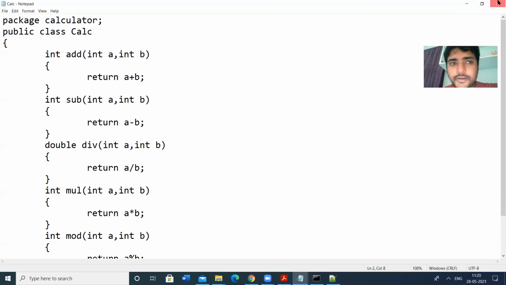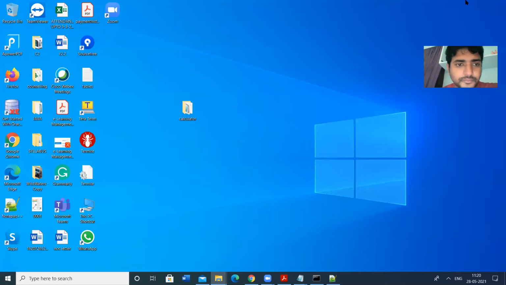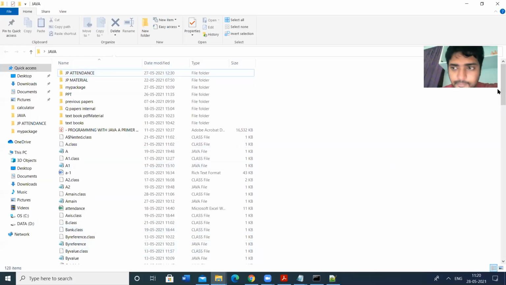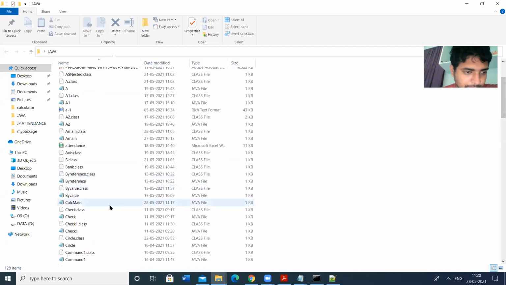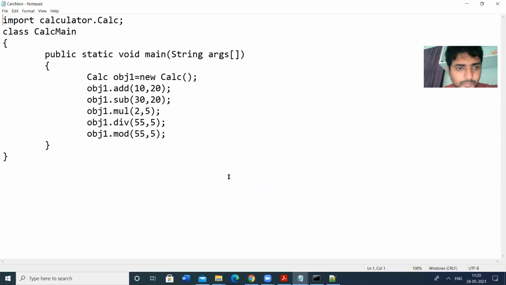So this program is okay. The application program is in the Java folder. Calc main. Calculator.